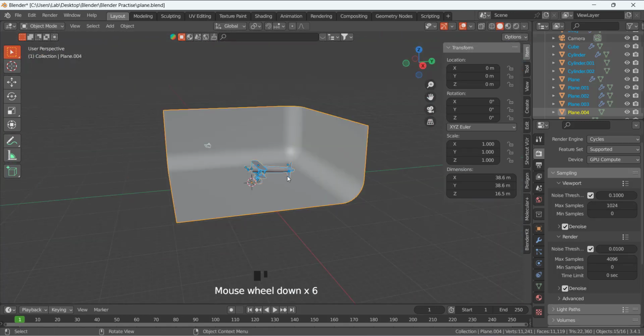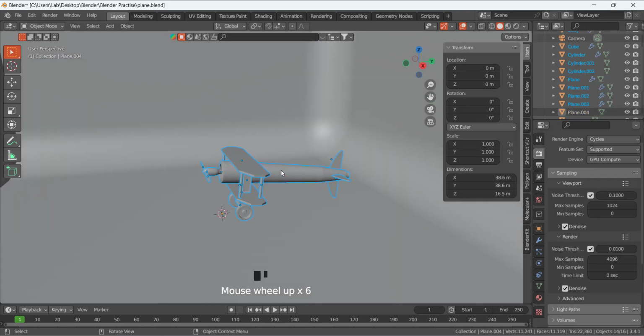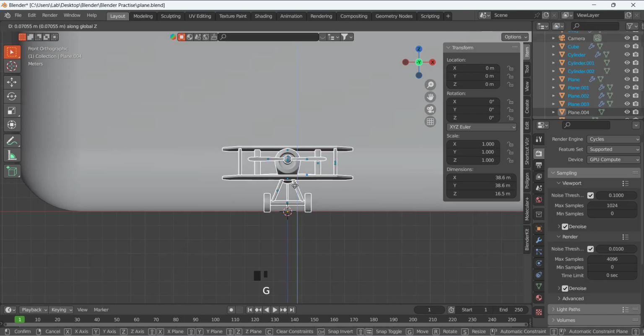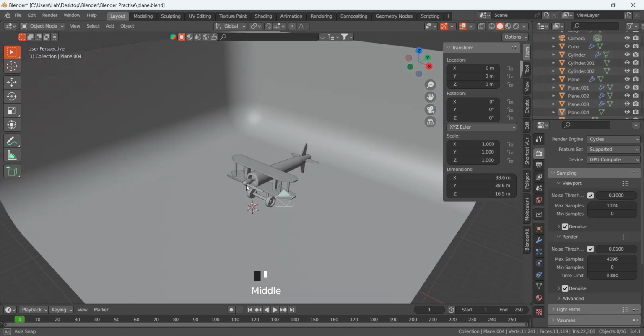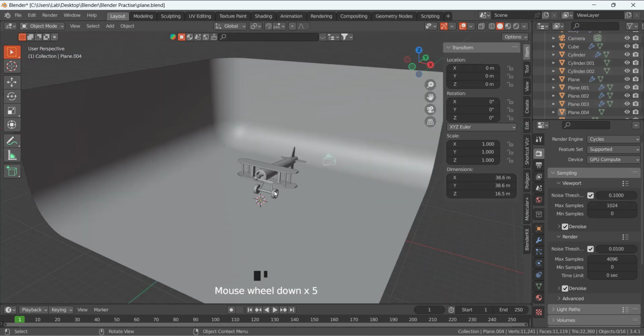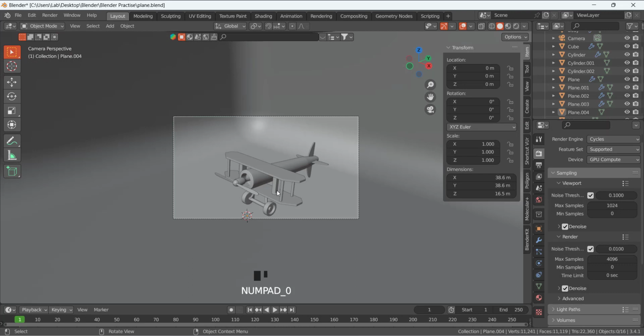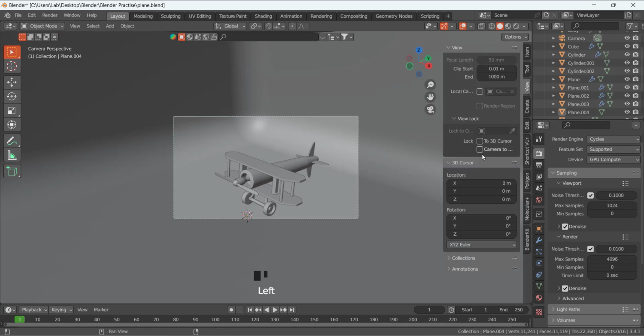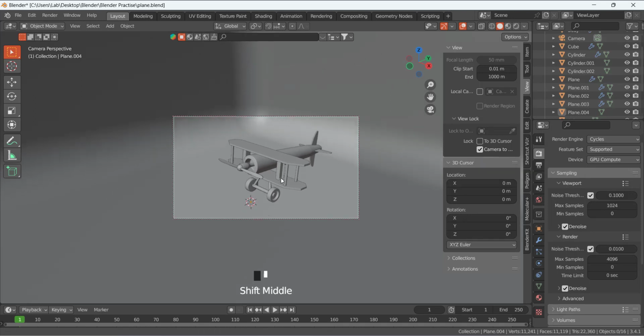So basically we select this one and then press 1 and G and Z to move everything above the surface so it's not touching each other. Okay, so this is my camera view. I'm going to press N, and here under the view I am going to use the camera to view, lock this option, and now move my scene like that,